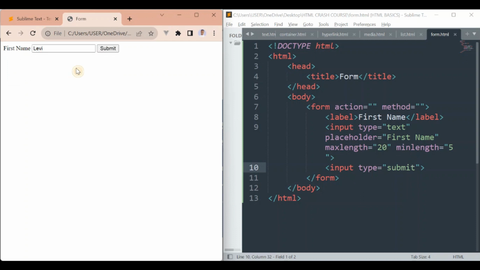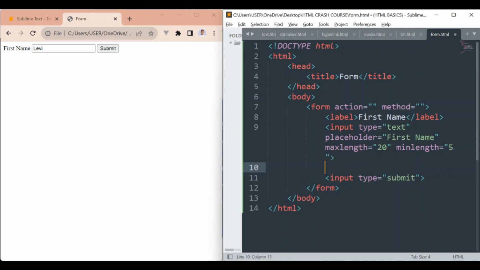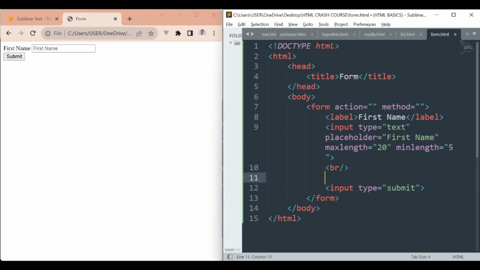Okay. So I'm just going to put a break line tag here to push this to the next line because by default inputs are inline elements. So if I save and reload, it's going to come over to the next line. So I also want another input. So let's just say label,